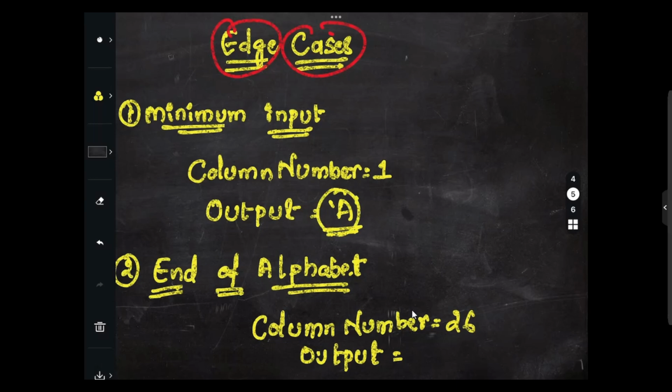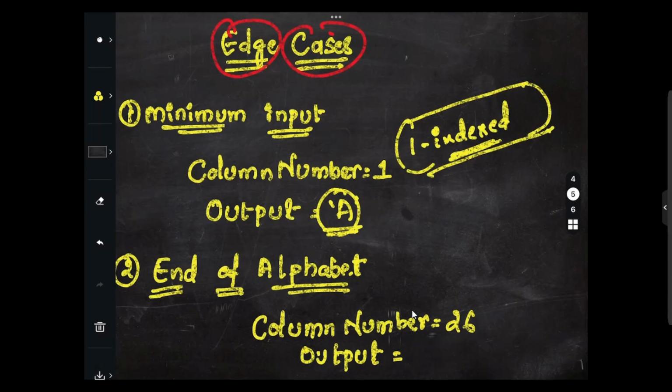This is because this is one indexed, right? So we are not converting this one to anything. Initially what they have given is one indexed as per the question. So we are going with that here. So 1 is a. So the second edge case here is end of alphabet,